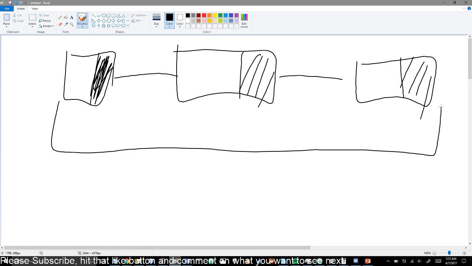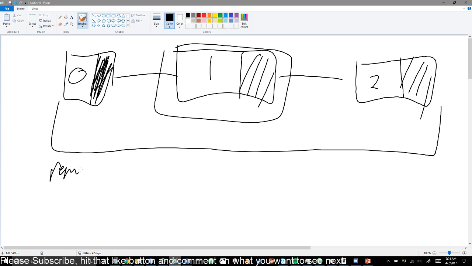Let's say this is 0, 1, and 2. Let's say we want to remove this one, we're going to do remove, let's say index 1, and what this is going to do is it's going to set the node before it's